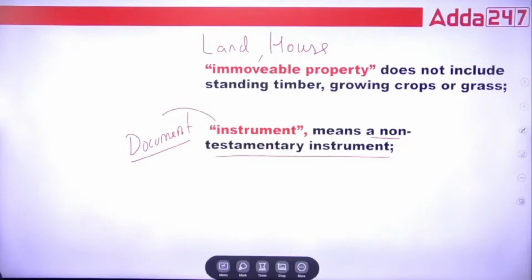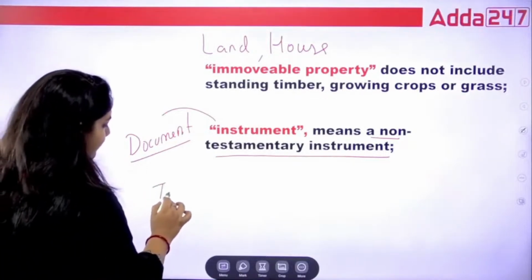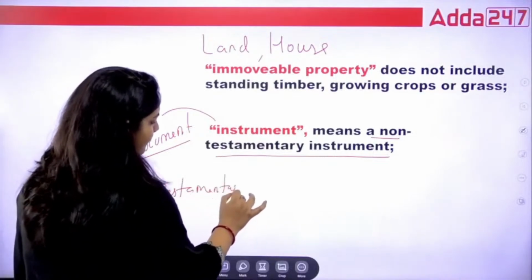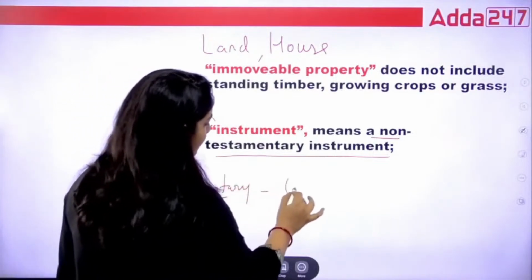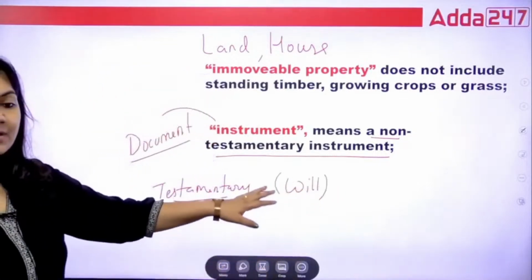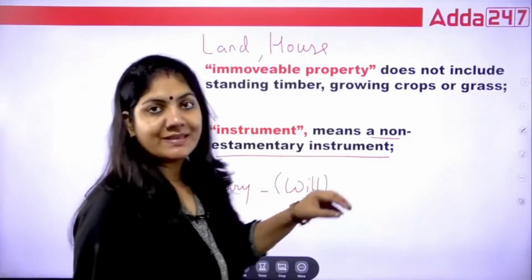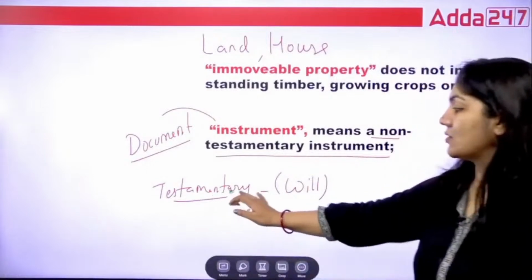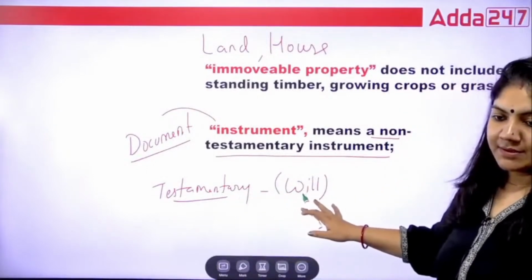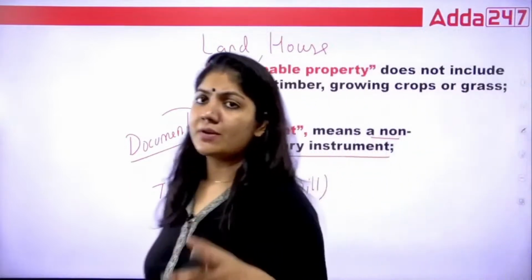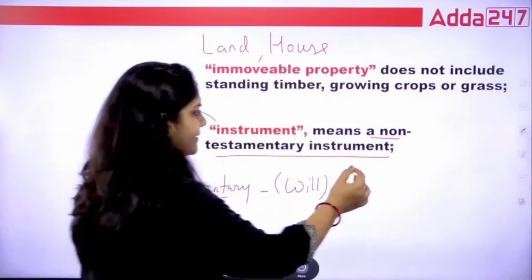There is one word, testamentary. What is testamentary? Testamentary means transfer of property through a will. And when will it be executed? When the person is dead, after death, when the document is executed, this is called testamentary. And non-testamentary, see, examples are